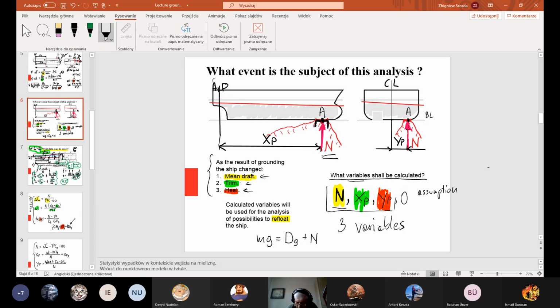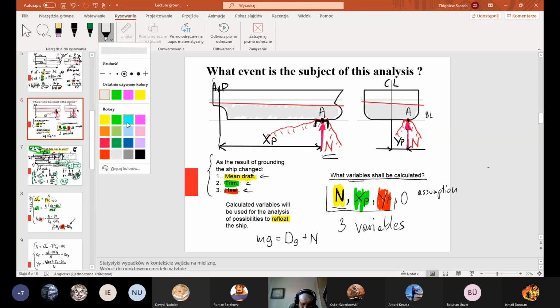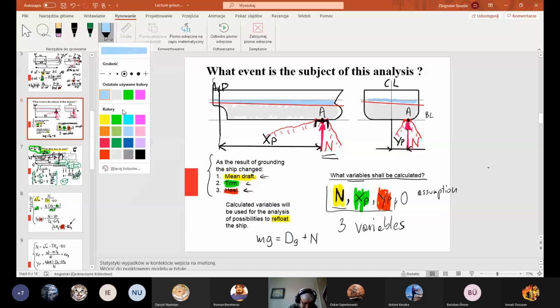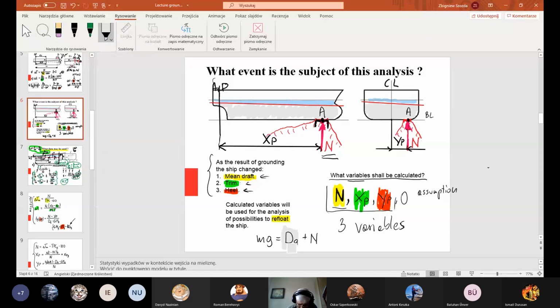And total weight of the ship, total displacement, probably I have to add this piece of the hull. Okay, so blue plus gray, this is displacement of freely floating vessel. Gray, it is displacement of grounded vessel. So we have two forces: displacement of grounded vessel, which is less than displacement of freely floating vessel, and additional reaction between the ground and the hull. And our purpose, as Batuhan said, is to calculate